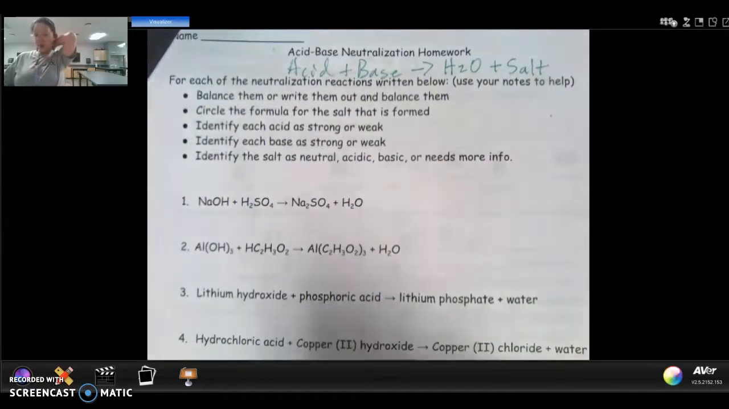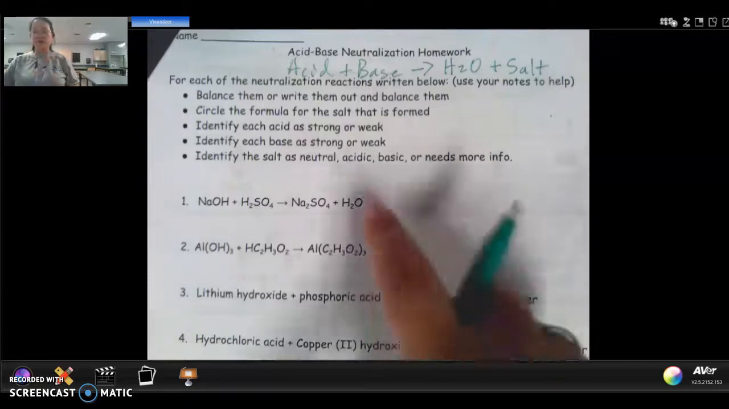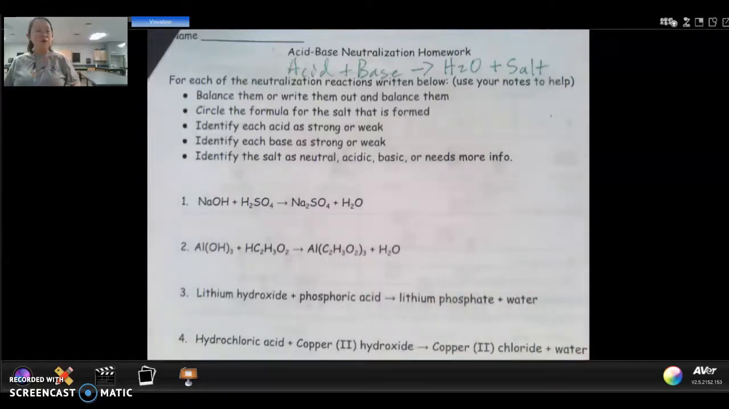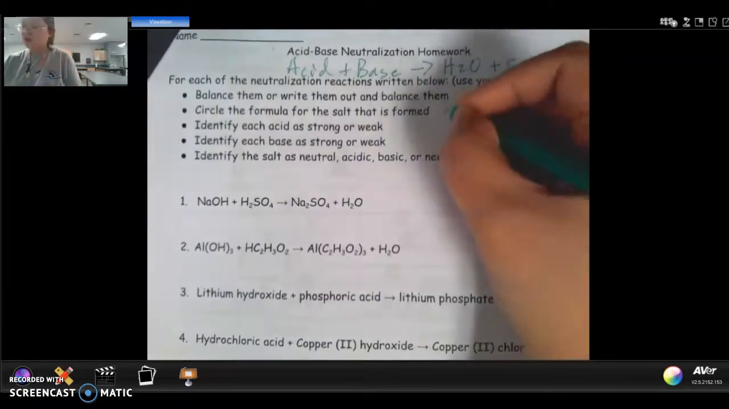So for these practice problems, and we're only going to go over the first four, what you're going to do is you're going to balance the reactions, just as a really good review over doing that, since we are coming up on the semester exams. But you're going to balance them, or if it's just words, then you're going to write out the formulas and then balance them. You're going to circle the formula of the salt that is formed, and remember, this is the